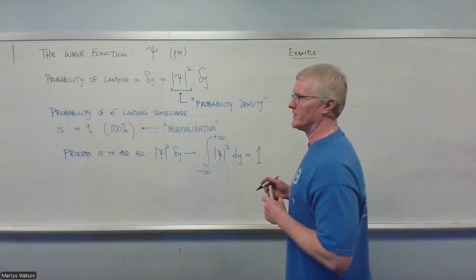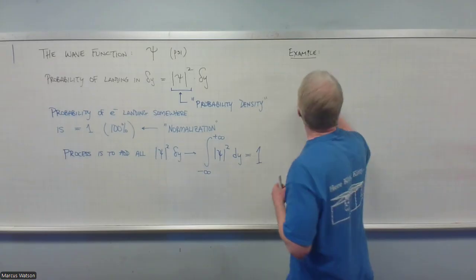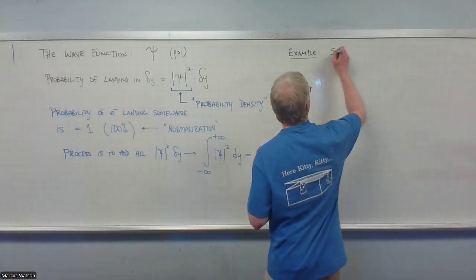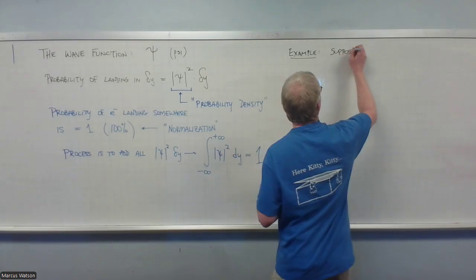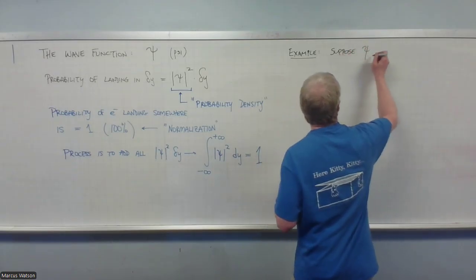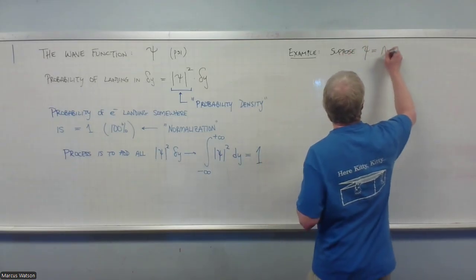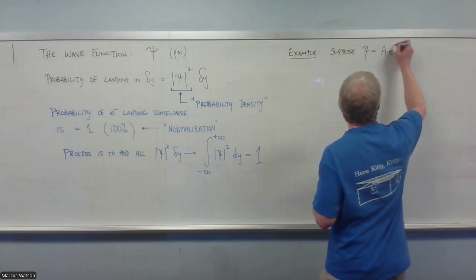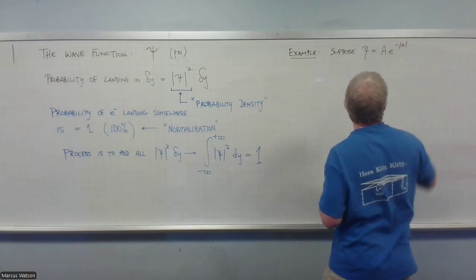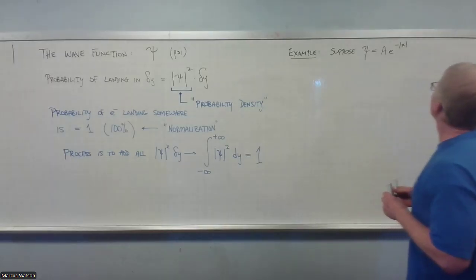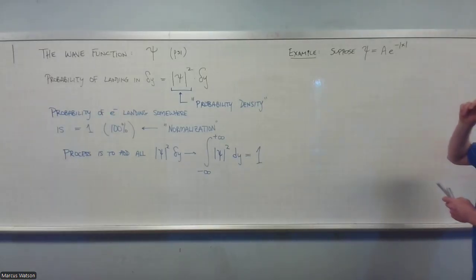Let's suppose that we have, maybe that'll work, A e to the minus |x|,